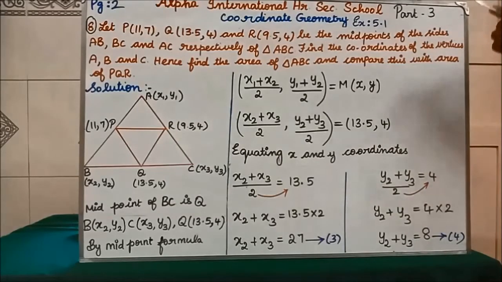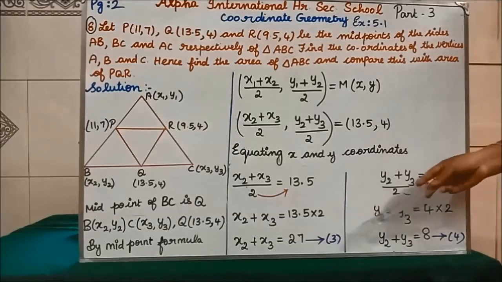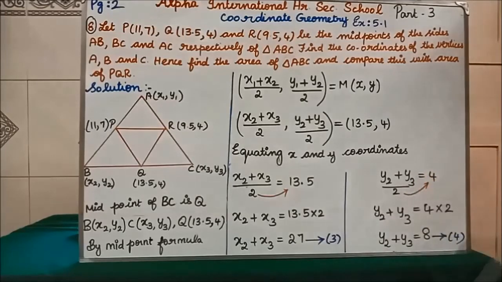Clear? In the AB side we got two equations that we marked as equation 1 and 2. In the BC side we have got two equations, so continuing the numbering, they are 3 and 4. Still, which side do we have left? The AC side. For that we will get 5 and 6. Clear all of you? Now we will see the AC side.